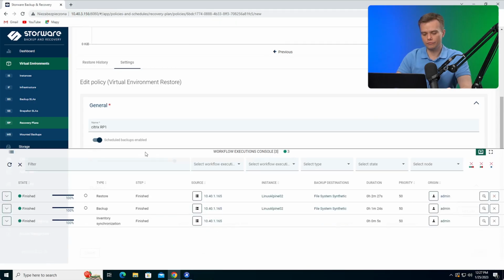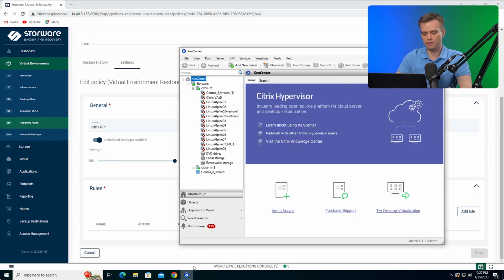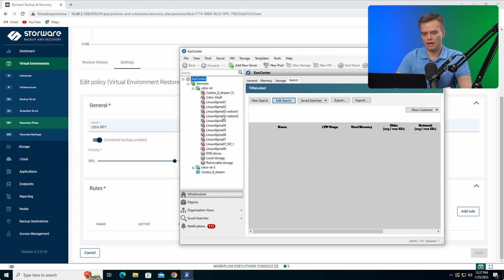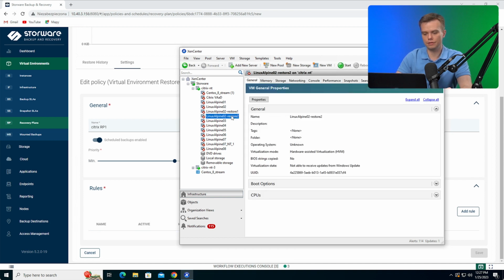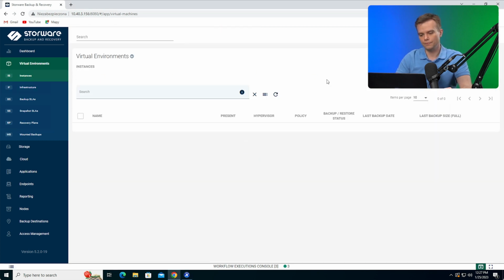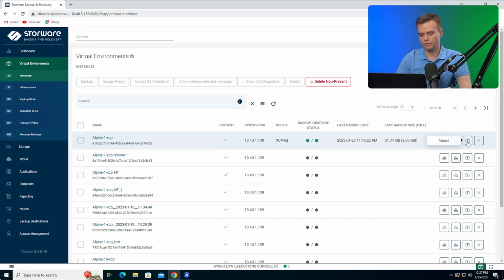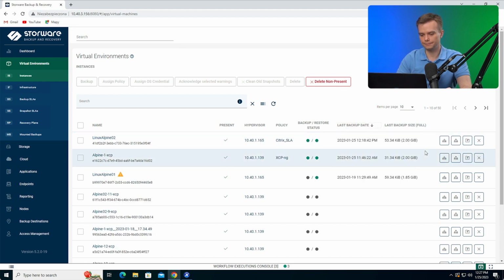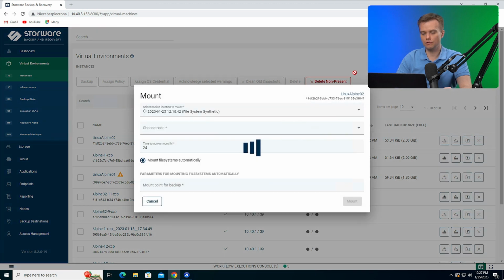by the specific schedule. Now my restore has already completed, so inside my XenServer, notice that I have my Linux Alpine Restore 2 VM already available to be used. Now one more thing, file level restore. So in the instances view, there is an additional button here. Let's go to my Citrix VM, and this allows me to